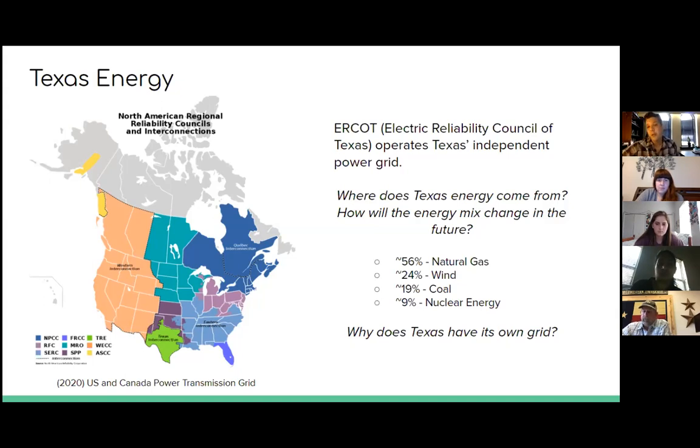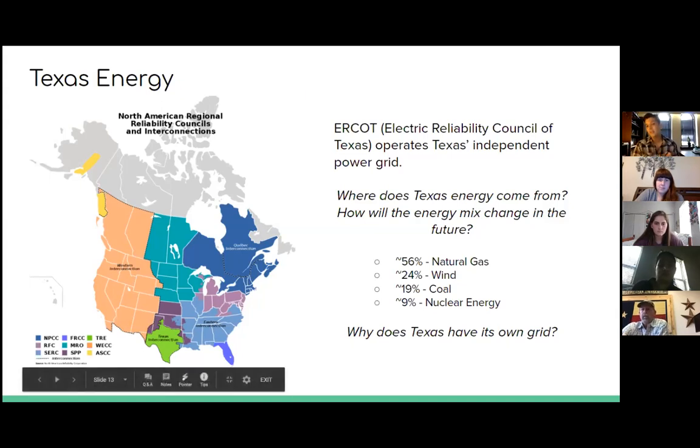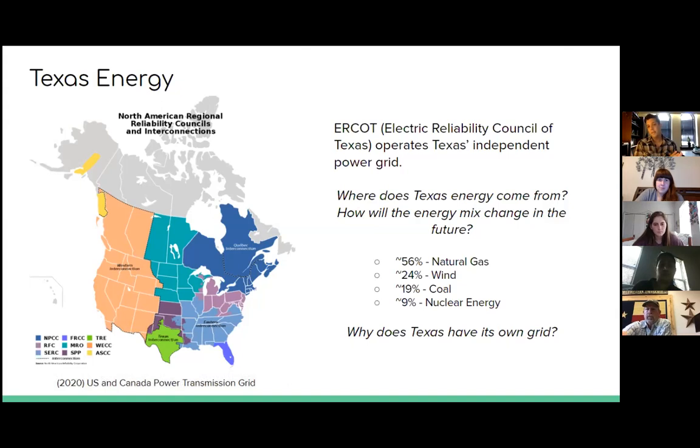There's a whole other story that's going to be coming out about solar, because we've never really tapped our solar potential, and we have more solar potential than any other state in the United States. And so we're starting to see huge growth in solar. Right now, you don't have solar up there in the percentage because it's less than 2%, but that's changing. The installed capacity from solar might double and triple in the next few years, and then get up to where we're talking about significant percentages of our base